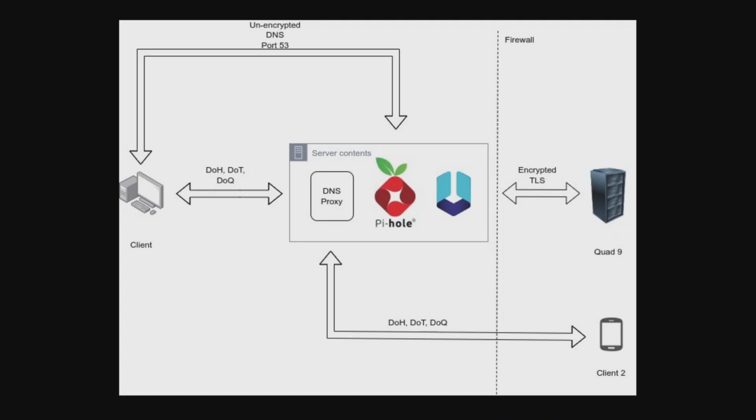I've also got port 53 open to Pi-hole, since that allows me to use Pi-hole the same as I did before I introduced DNSproxy, because DNSproxy kind of breaks some of the features of Pi-hole, which I'll show you in a bit. Realistically, the biggest reason you might want to use DNSproxy is for this scenario here, which I've drawn in the diagram,